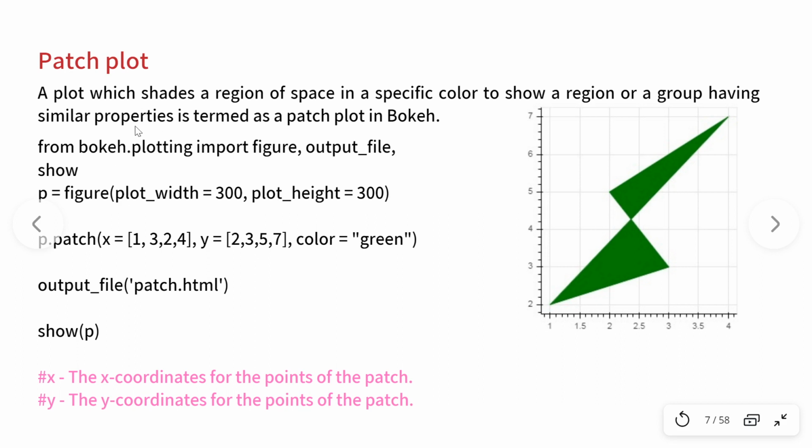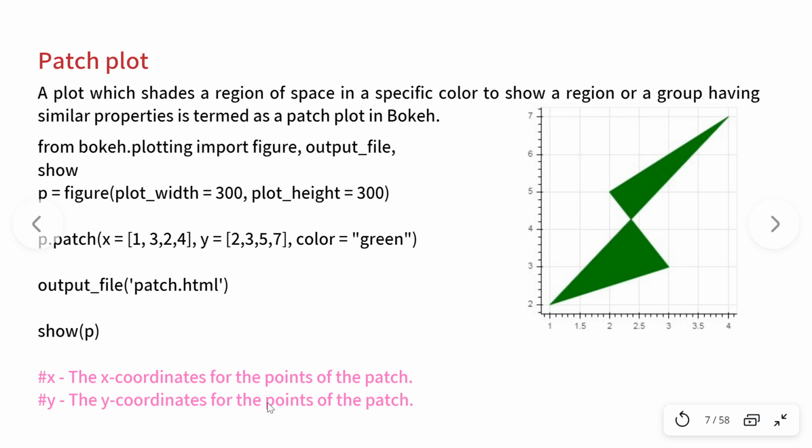Again, we need to have the necessary imports from the bokeh.plotting interface. Then I need to specify the figure features: the plot width, plot height, label, and all that stuff. Then p.patch. Now see here, I'm not using the word fig, I'm using the word p. So automatically here also I will use show(p). I will not use show(fig). If you do that, it will definitely show you an error. So you need to mention the x and y coordinates. The x coordinates are a list of 1, 3, 2, 4. Then the respective y coordinates, and the color with which you want to color the patch. And then the output file, which I told you has to be mentioned in Bokeh.